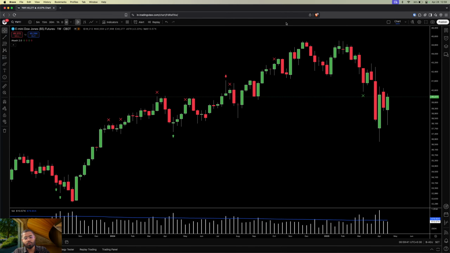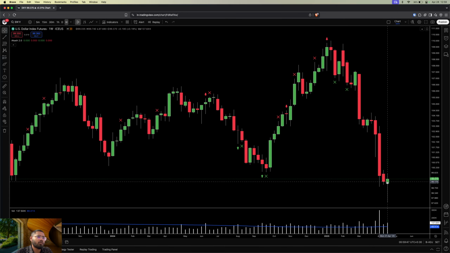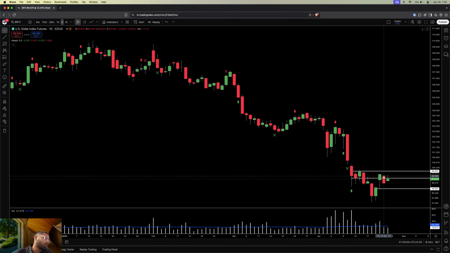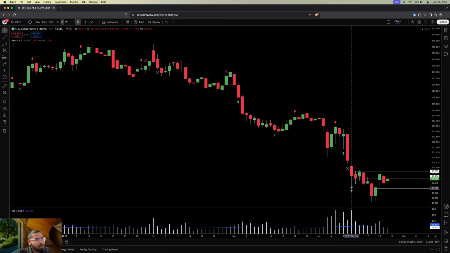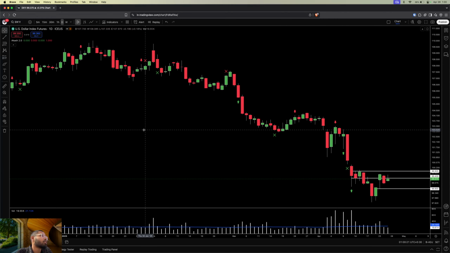Now let us move to dollar index. We got a nice strong week, but I don't think that it will continue much more. I think we can go around the 100 levels, and then we can again continue the down move if we are still to go down. But this signal, which is showing over here, arrow, cross, and then arrow, it simply is kind of a signal of strength.